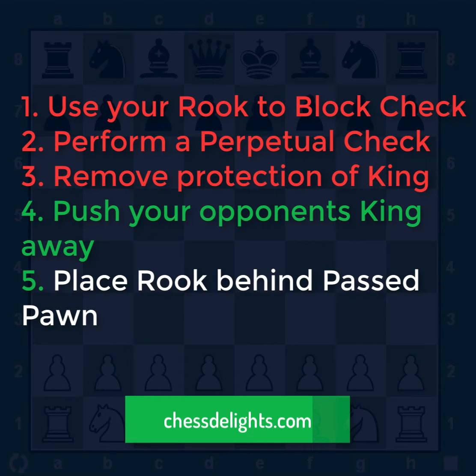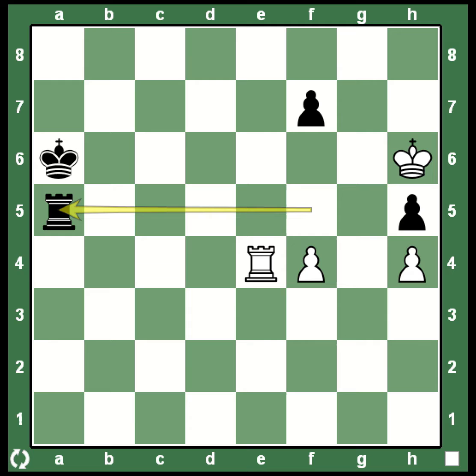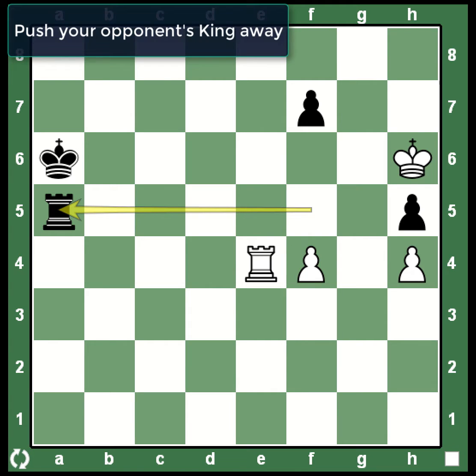The fourth strategy is to push your opponent's king away. Let's take a look at an example for this one. Okay, so this is an example of how to push your opponent's king away. And after rook takes a5, white is attempting to make an exchange by moving its white rook to e5,